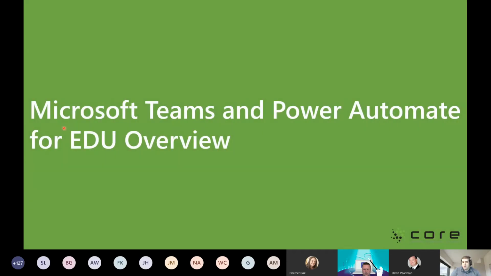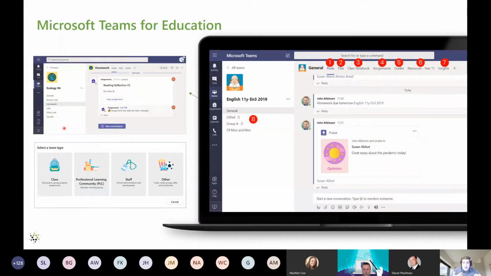So real quick, we'll take a little checkpoint around Microsoft Teams and Power Automate overall. Microsoft Teams, we all know it. We're all participating in a Microsoft Teams call right now. But if you aren't aware, there is what's called Microsoft Teams for Education, a version of Microsoft Teams that is really purpose-built for the education space.